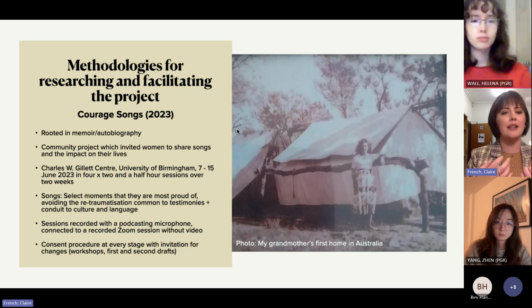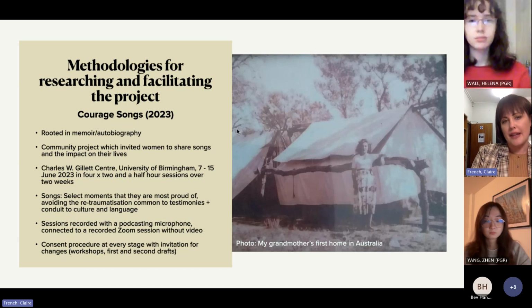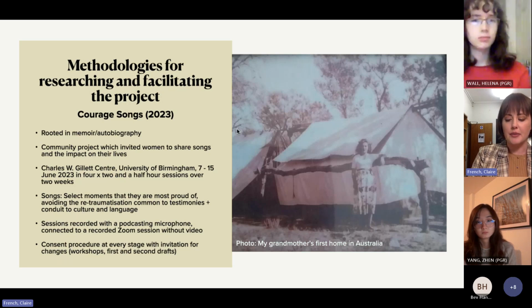And so by having a sense of the songs that they would talk about and bringing it along with them, even if just in name, they didn't necessarily have to prepare. And already thinking about the moment that they first heard that and the impact it had on them, it meant that there was a lot less of a focus on me as a facilitator really coming in and running the project.